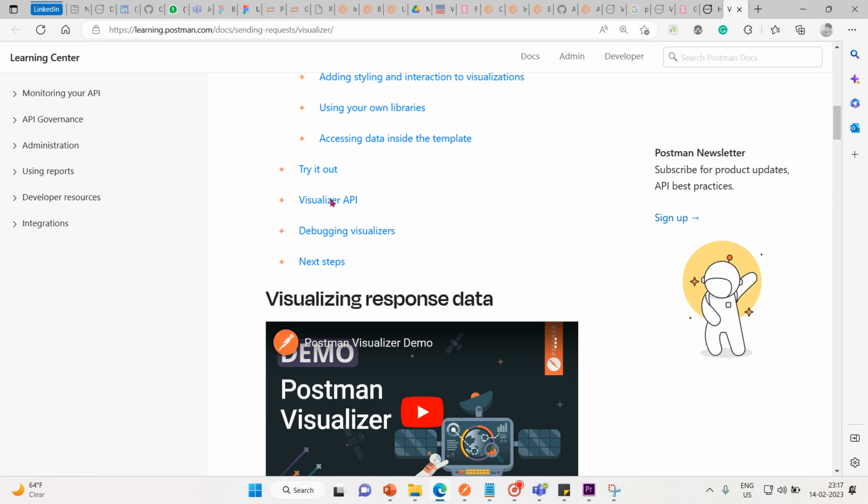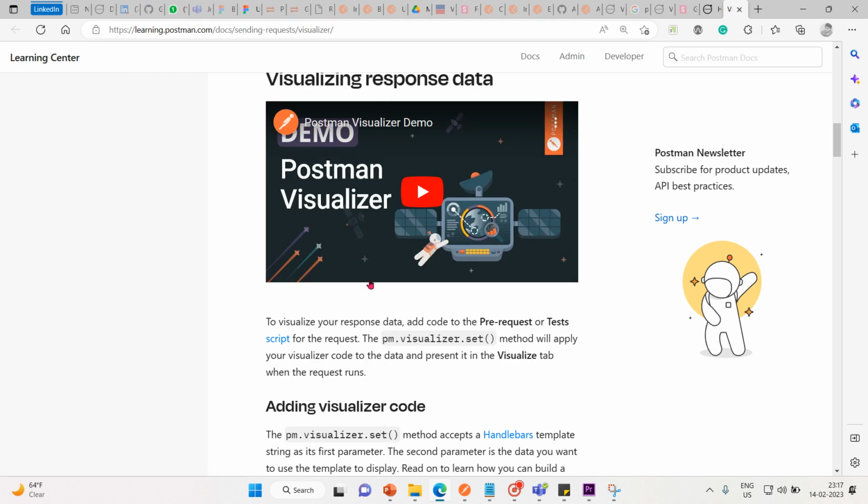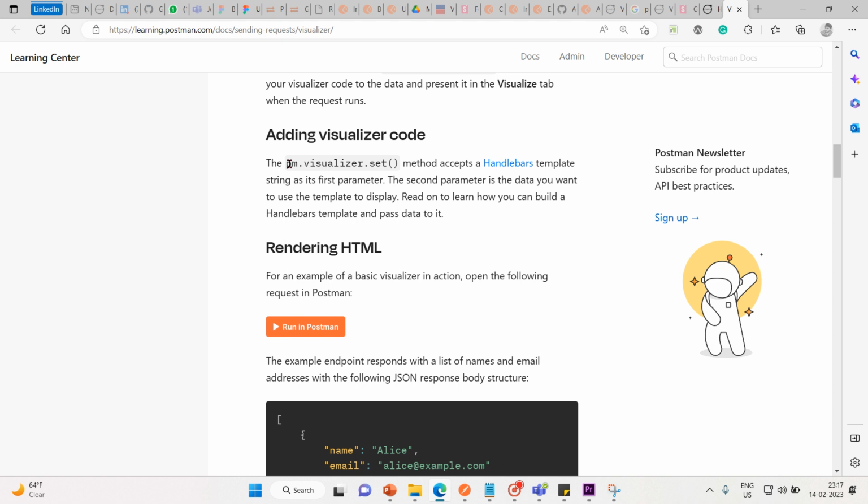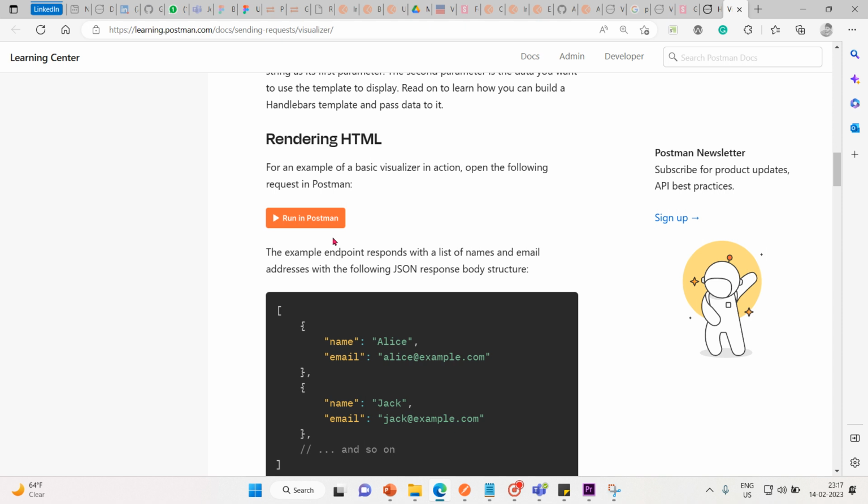Okay, just scroll down and you'll find the more information. You can go through this video on visualizing response data, and this is the code that you have to use. pm.visualizer.set method accepts a handlebars template. Let me copy this. So, rendering HTML,